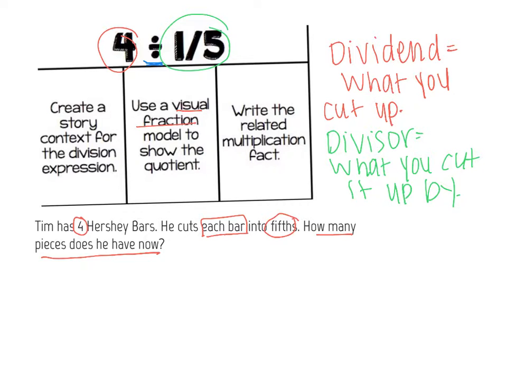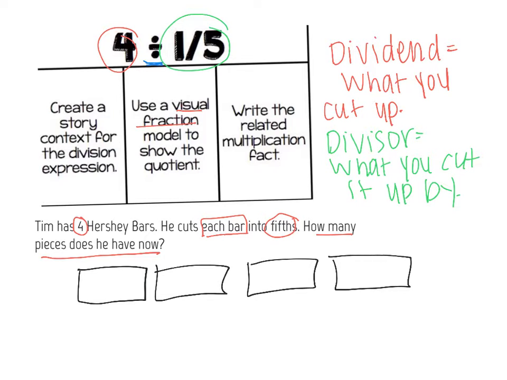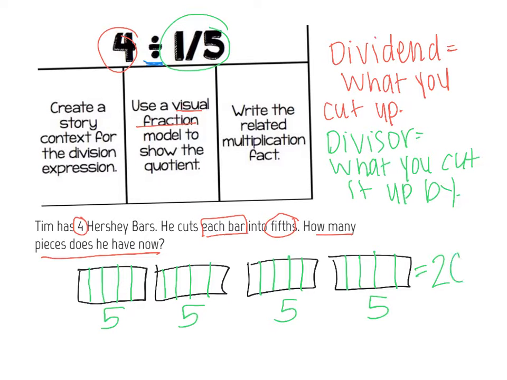So for example, I know I have 4 candy bars. That's why I made 4 my dividend. And I'm going to cut each candy bar into fifths. 1, 2, 3, 4, 5. Therefore, I have 5 pieces of candy in each of the 4 bars, making a total of 20 pieces of